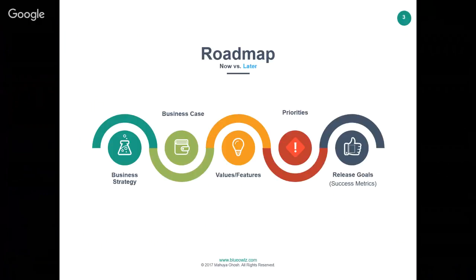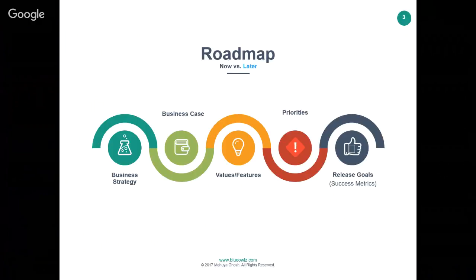Here, I'd like to call out that road mapping is an exercise which doesn't happen in 1 week or 1 month or even a couple of months. It takes a lot of time, and it's always a work in progress, a strategy document that gets built over a period of time. So in today's webinar, I'm not going to be able to cover in detail how we formulate